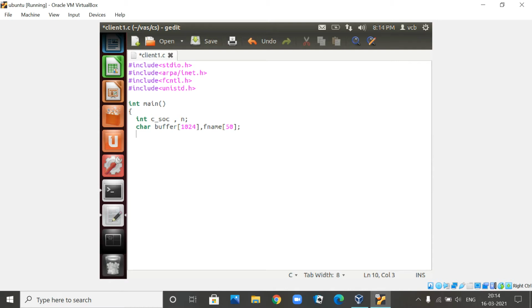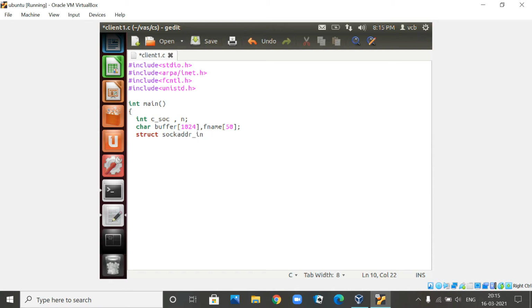So next is very important, so look into this particular thing. You are going to define one structure, struct, called socket address, SOCKADDR_IN. So just note it very carefully.